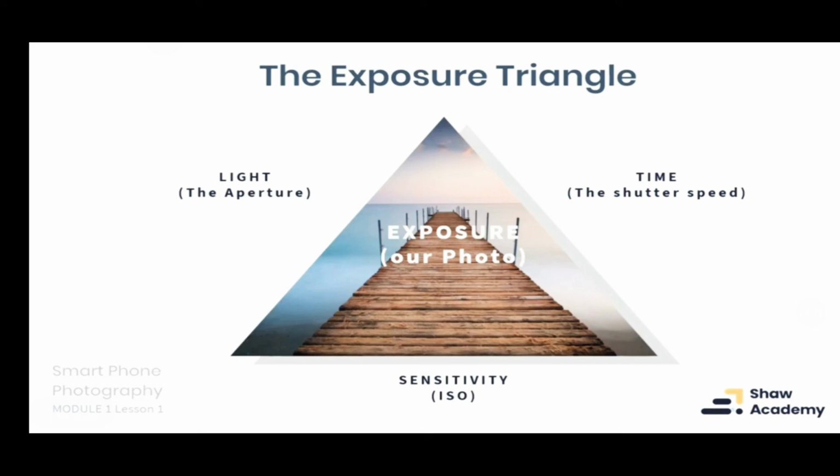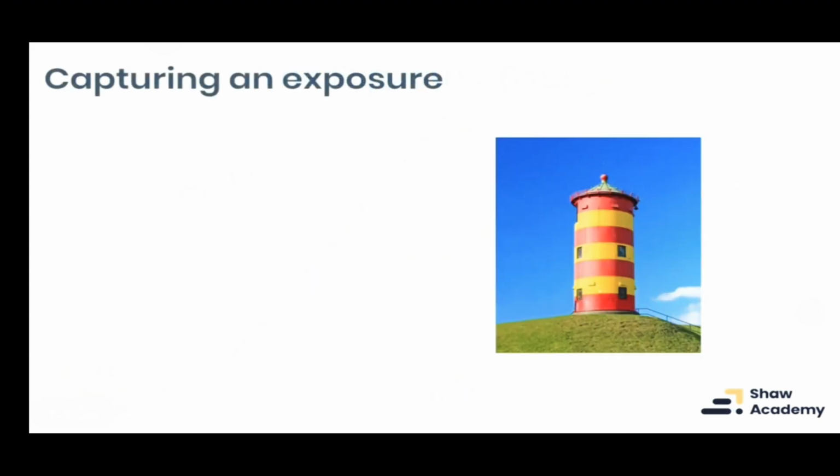The exposure triangle. And what you're going to find throughout this course, and indeed just with photography in general, is that it's a little bit of a compromise. We're always trying to balance one thing with the other. Primarily, we should usually look at the aperture and the shutter speed, but it's a little bit different in phones because we don't have control over the aperture. So we're going to be looking at the shutter speed and the ISO as our two main controls for our manual exposures.